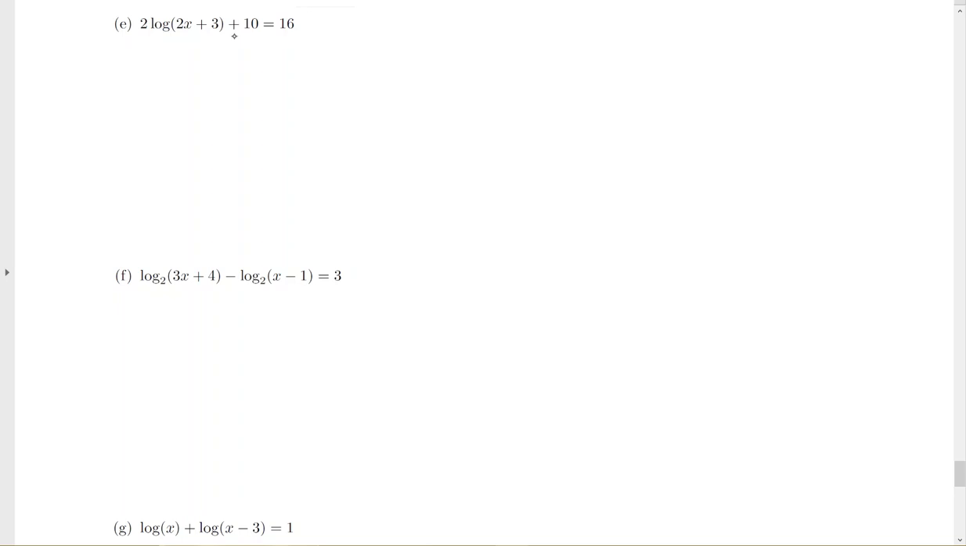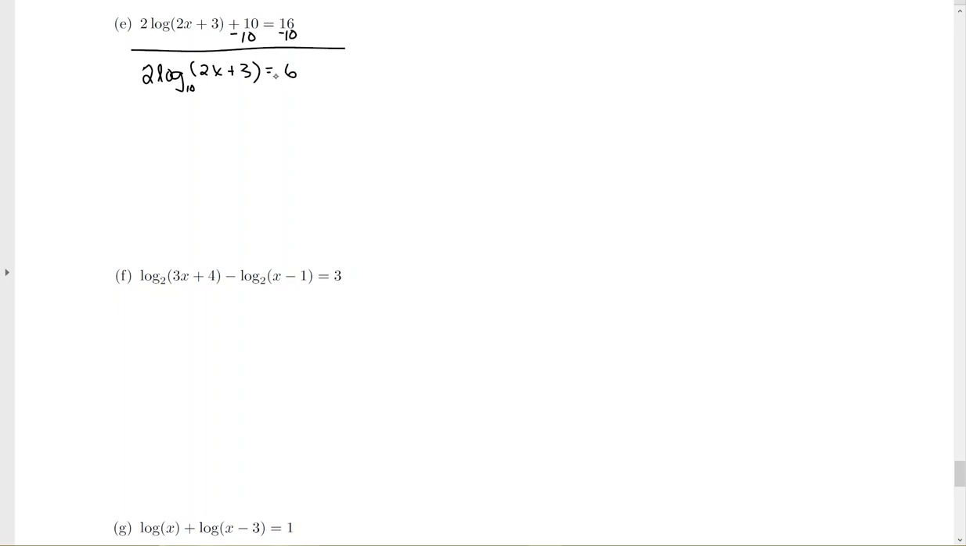We're first going to use our addition-subtraction property by subtracting the 10 from both sides. Notice you can't add the 10 into the argument. That argument is sacred territory there. You don't get to do anything in there. So you got to just move everything away from it. So we have 2 log, remember that's base 10, even though you don't see it, 2x plus 3